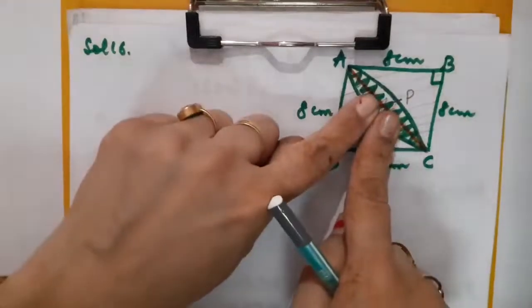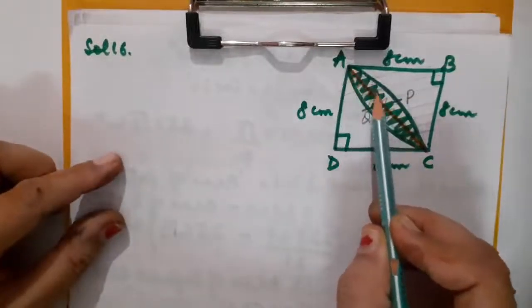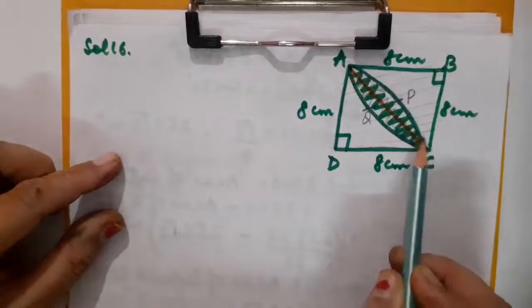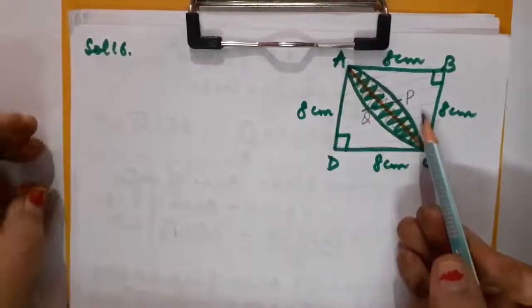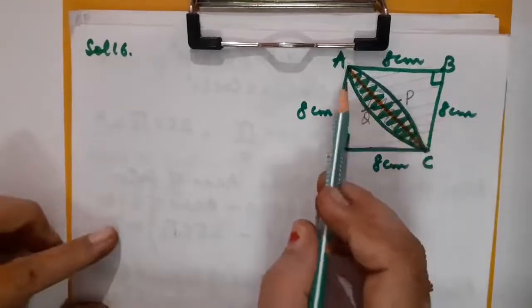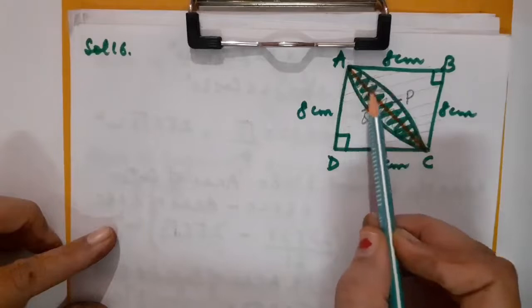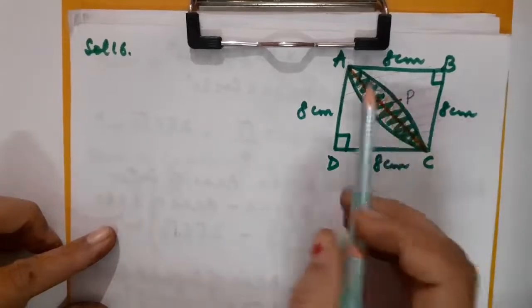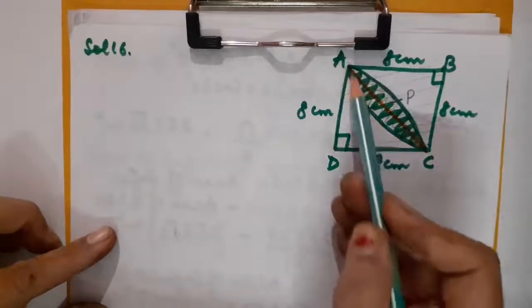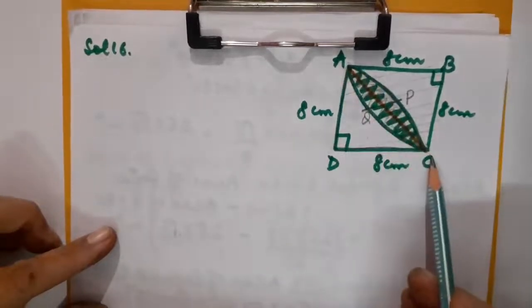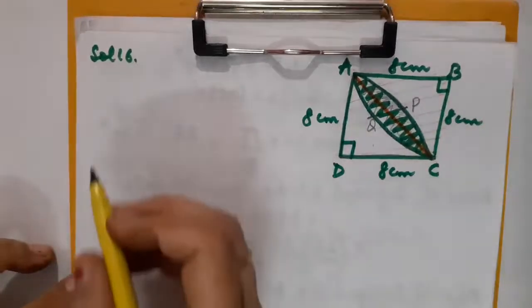This region is subtracted, so I will be able to get the area of this region, that is APCA. Right or wrong? In the same manner, you are not supposed to find it out for another one. When this design is divided into two equal segments, if I calculate the area of this segment, that is APCA, you can just make it double to get the area covered by the complete design. Clear? So let us start calculating.